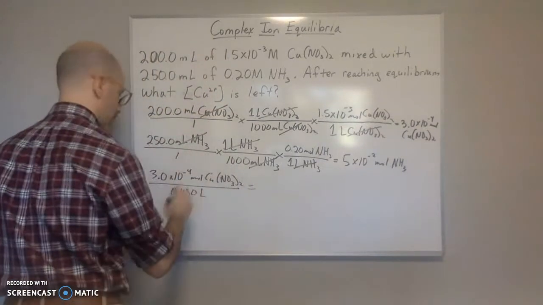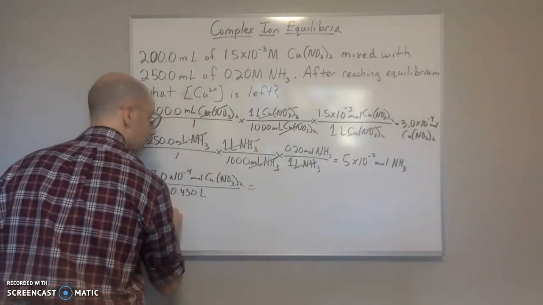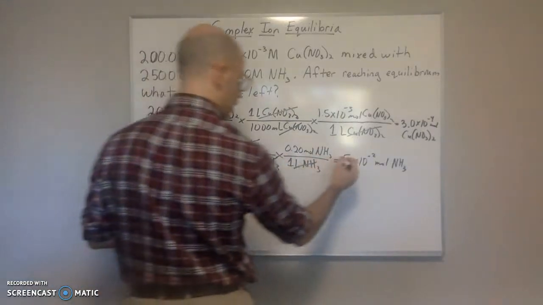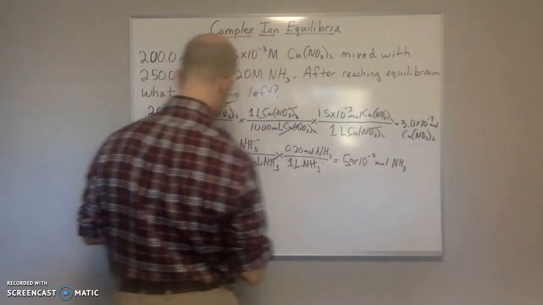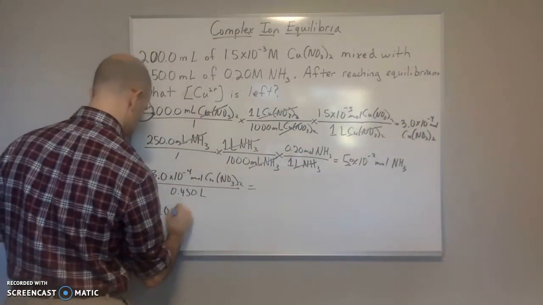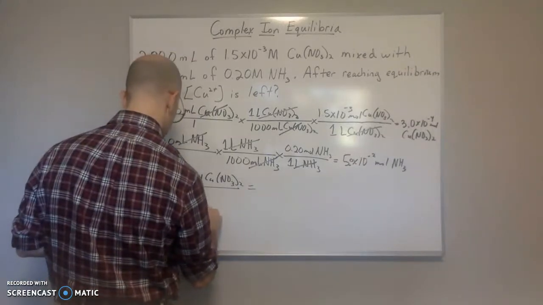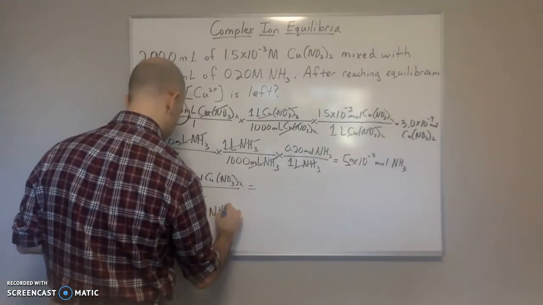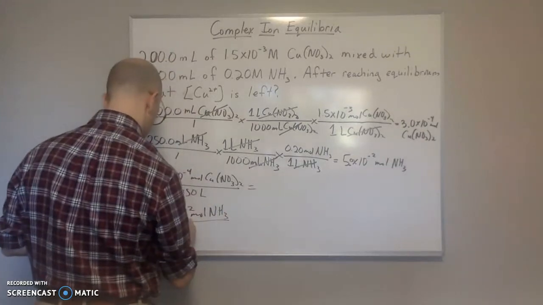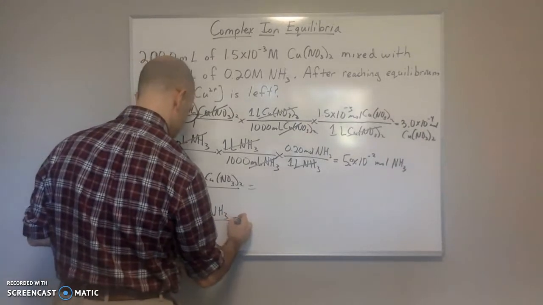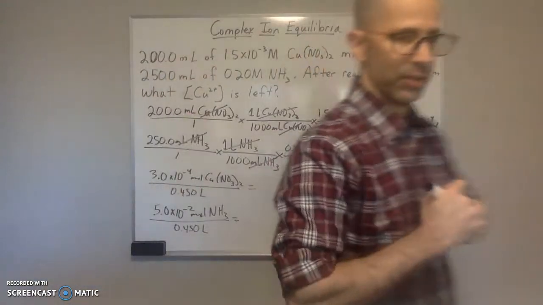And then we'll do the same thing. This should be 5.0 times 10 to the negative 2 moles of ammonia over 0.45 liters. And so if we calculate those,